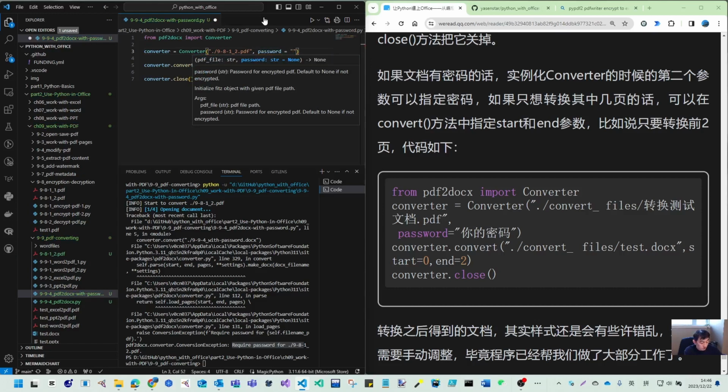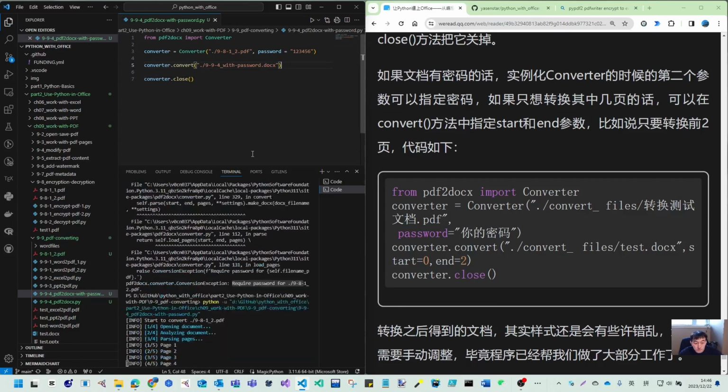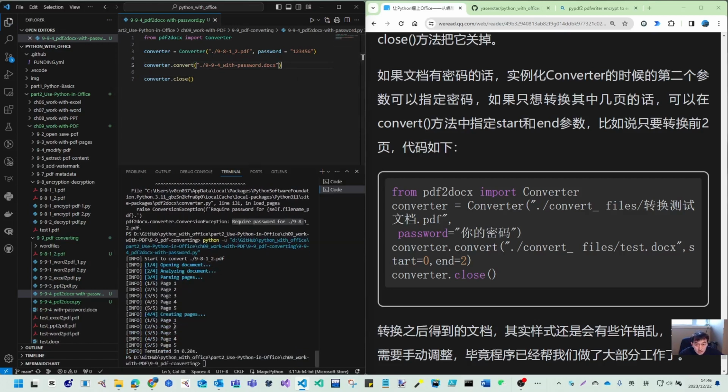equal to 1, 2, 3, 4, 5, 6. And then convert. Using this, we convert to this and start 0 and 2. So I think this one doesn't required. I convert because if you set this start and end, you just convert partial. But when I do this